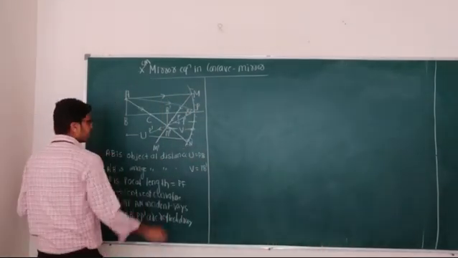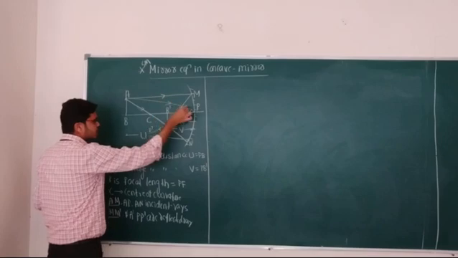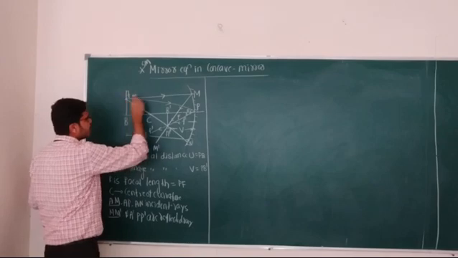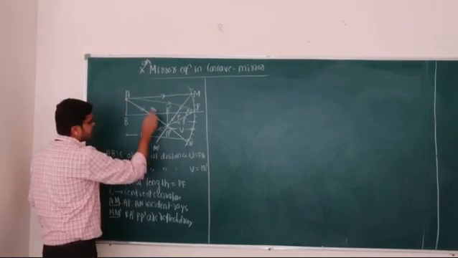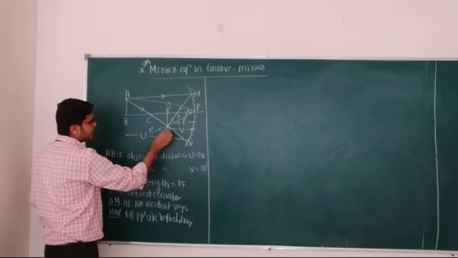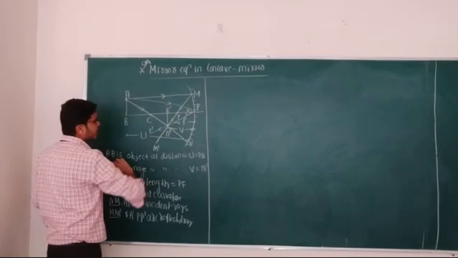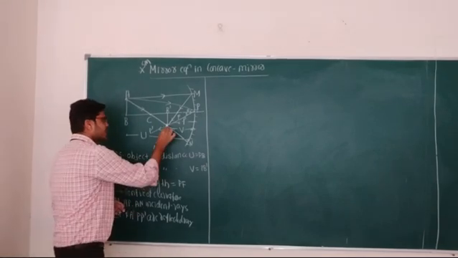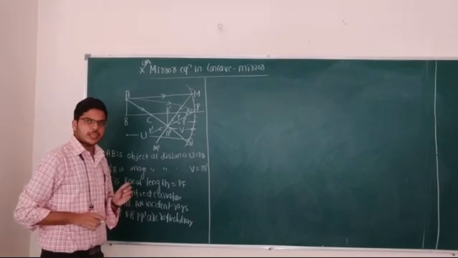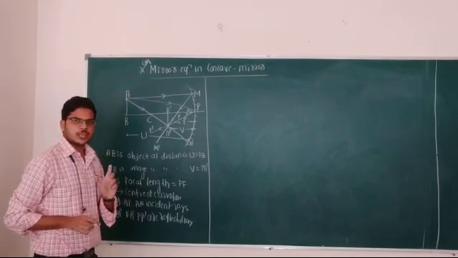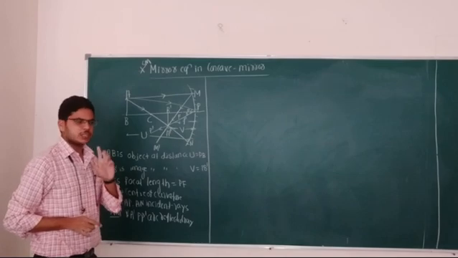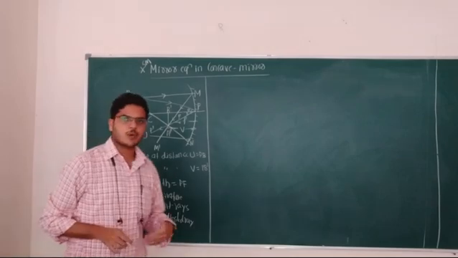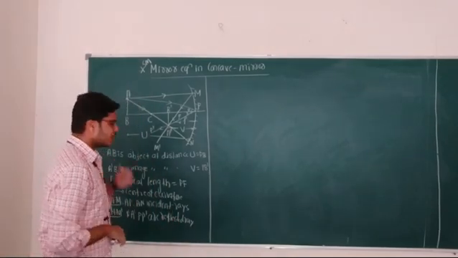Now, look here. At this point, all three reflected rays are meeting. MM' is the reflected ray from AM. From the AN ray, we get the NA' ray. From the AP ray, we get the reflected ray PP'. All these three rays meet at this particular point. At that point, we get the image of the object. We are getting a real inverted image. AB is the object, A'B' is the corresponding image. Now, this is about the diagram.